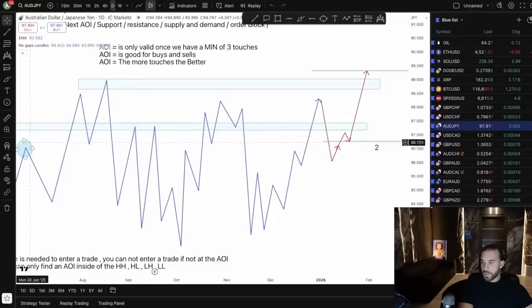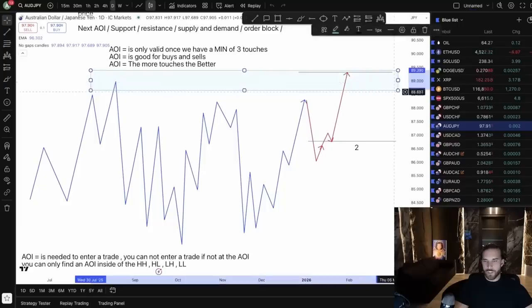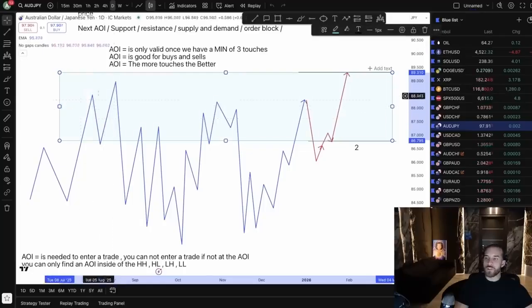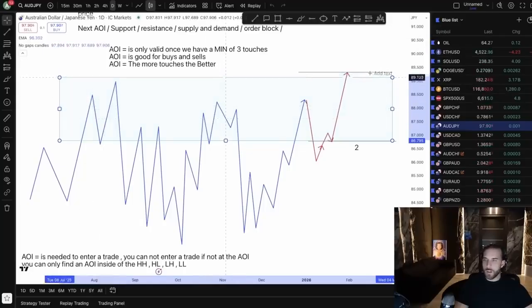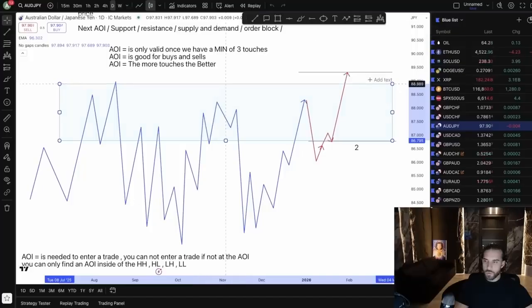reaction from. So the way we find an area of interest properly is by getting this box at the top of the zone. And our job as traders is to start working our way down all the way to that higher low and find points where the market could potentially have a reaction from. So we start working our way down, boom, we run into the first resistance. Is this a potential valid area of interest? No, because it only has one touch. Cool. We keep working our way down,